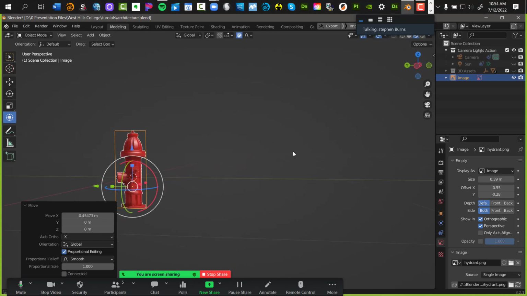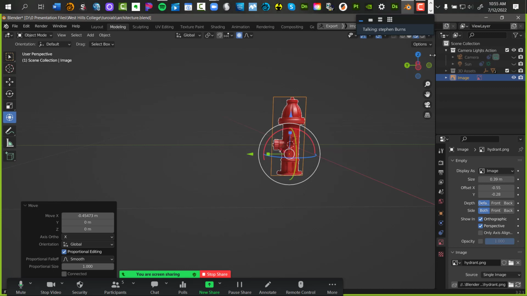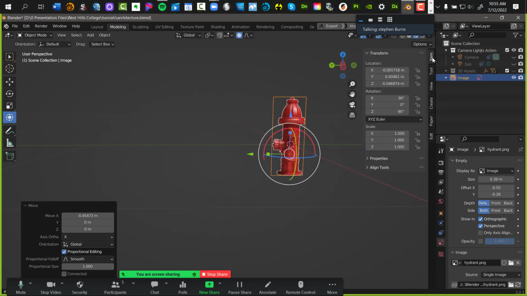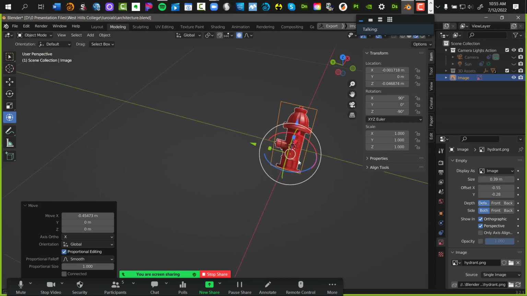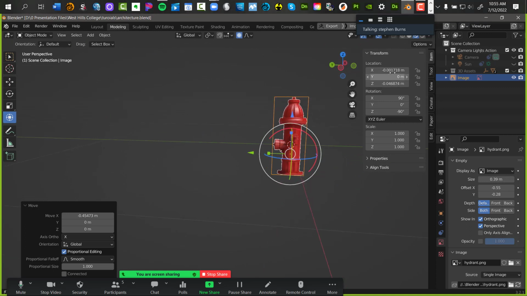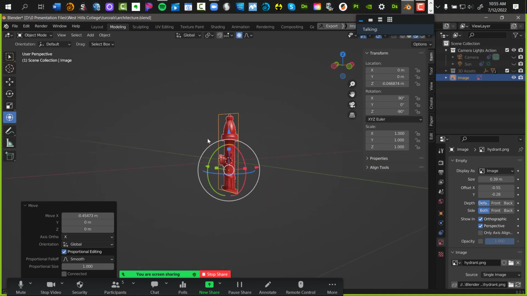Now, another way I can do this as well is if I come right over here. Now, this is cascaded. If I open that up, it's a little bit of a triangle. You can barely see it over here. Here are my locations. So on the y-axis, I can put in 0, and it'll drop it there. On the x-axis, I can also put in 0. It'll drop it there. And the z-axis, I'm going to leave alone. That's going to be our reference.